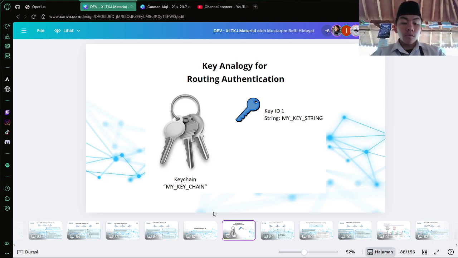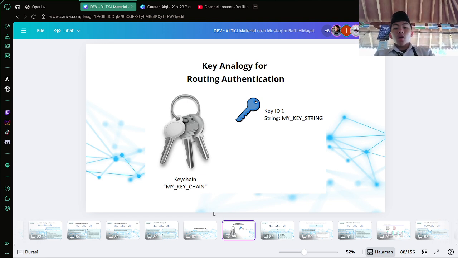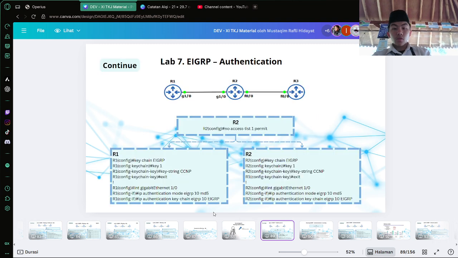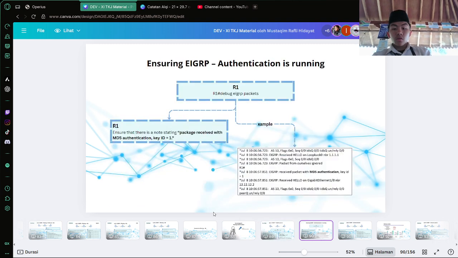For the verification, the debug eigrp packet command is used to confirm that authentication is working.